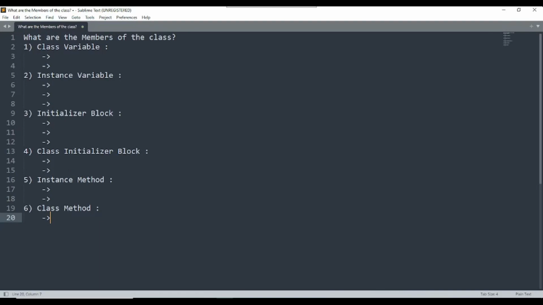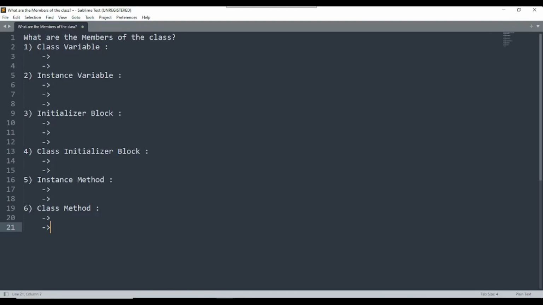If you have created a class, and in that class you have created a static method, which means a class method, at that time you do not need to create an object to call this type of method. So how can you do that? We can call this type of method by class name and using a dot operator. I will give you the practical demonstration for this also, right? Currently I am just giving you some theory points.